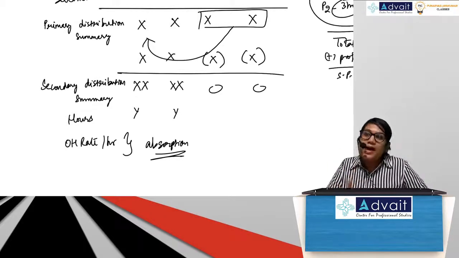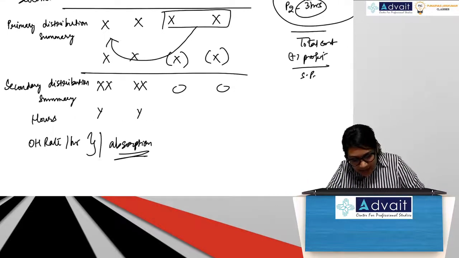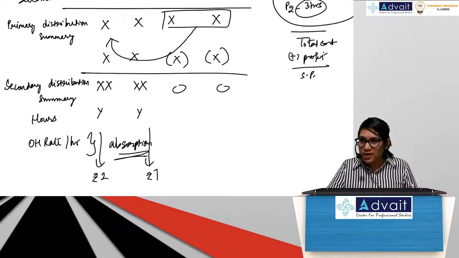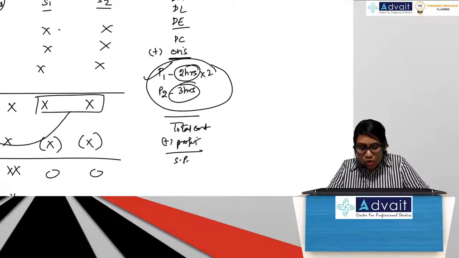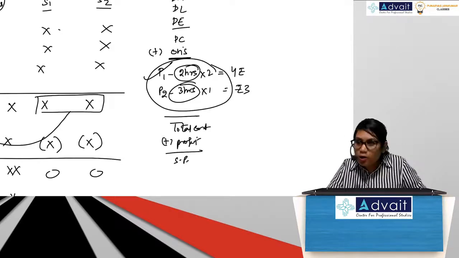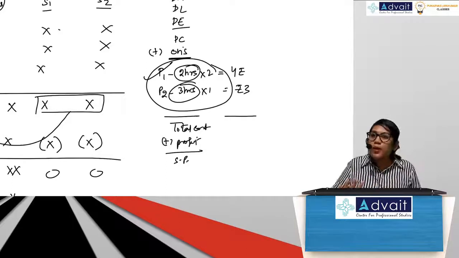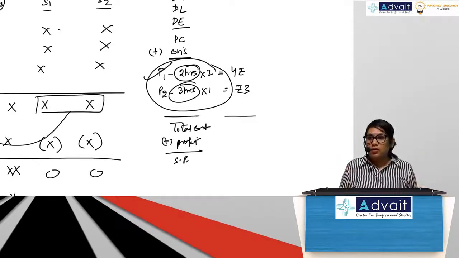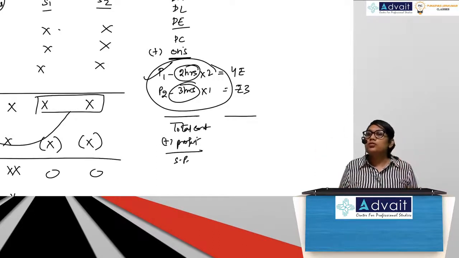So once I get my overhead rate per hour, what will I do? Let's say here I get rupees 2. Let's say here I get rupees 1. Now very easy, no? I can complete my cost sheet. How? 2 into 2, 4 rupees. 3 into 1, 3 rupees. I'll get my total cost. I want a profit of 20%. I'll add 20%. I will say, boss, the benches cost this much. End of story. So we did all this in order to complete our cost sheet.